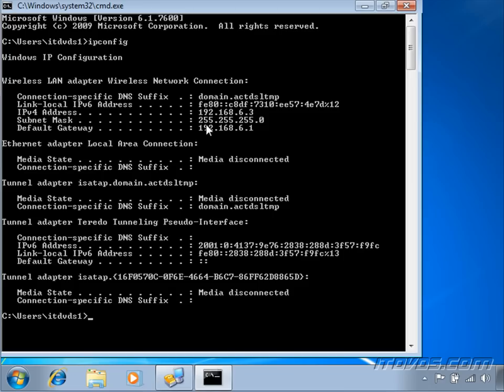Also, you can see I have a subnet mask and a default gateway. Now, subnet stands for subnetwork, and it's a way we can take a larger network and break it up into smaller networks. We're definitely going to get into subnet masks in depth later on. But for now, we just need to know that it breaks up larger networks, so that if we're trying to communicate with another computer that's not on our subnetwork, then we forward that information to our default gateway.